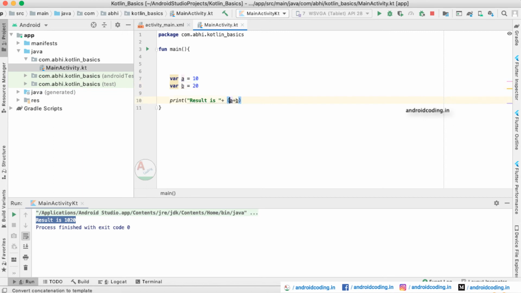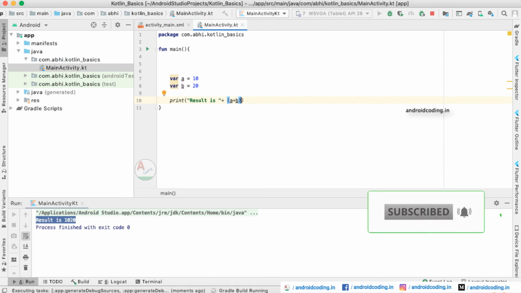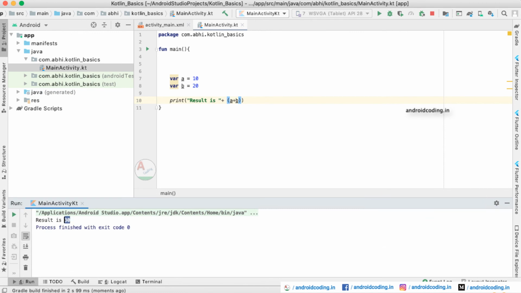So you can directly put brackets here and rerun it. Here you got the result. But the simplest way, as we saw in the previous example, is to use the dollar symbol just as we did, and here you need curly brackets instead of our normal ones. So you can see we got it.